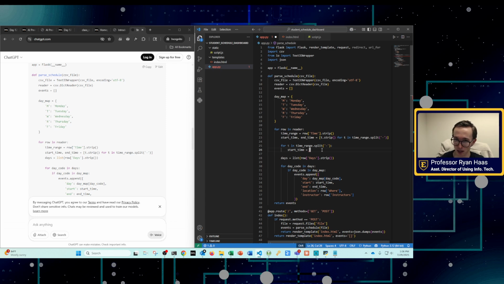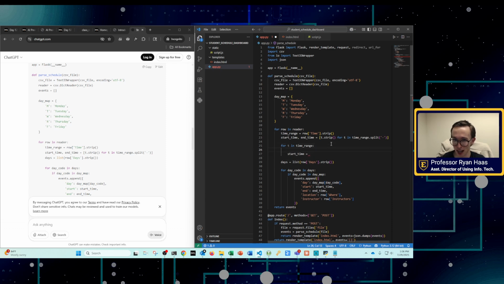Oh, okay. Yeah, so this is very compressed. For t in time range split, time equals that. Start time equals.